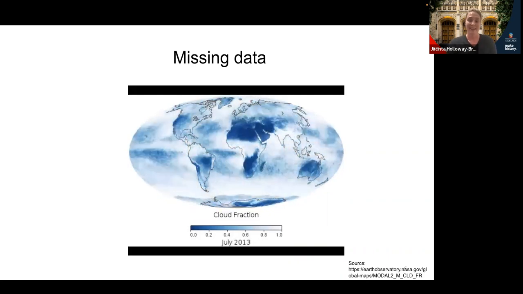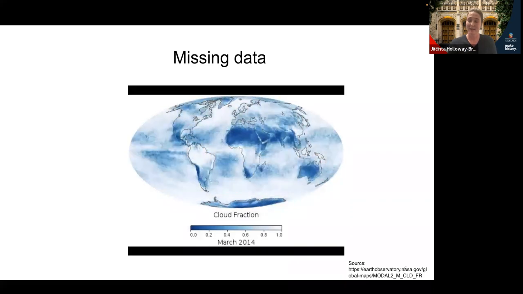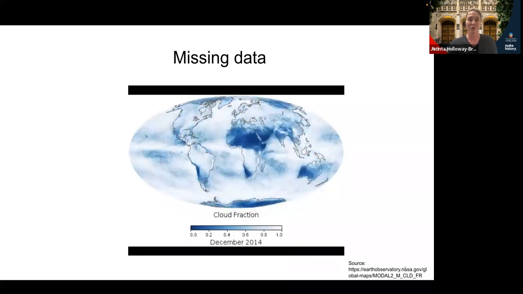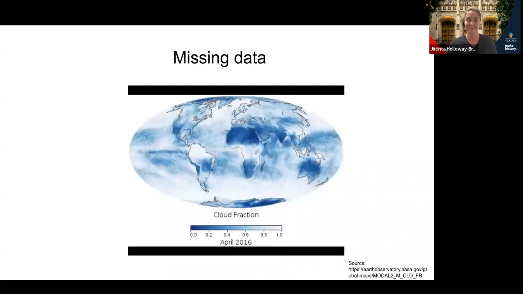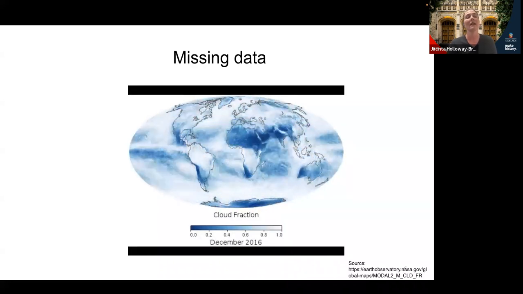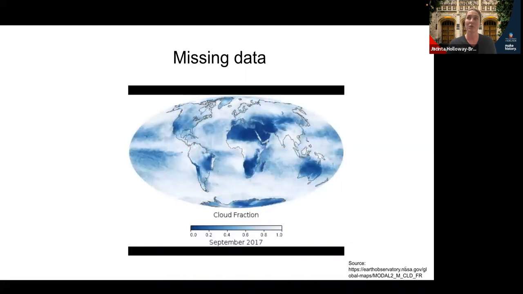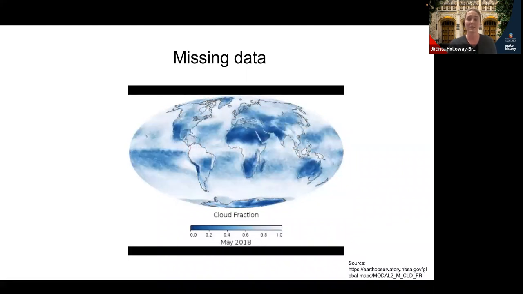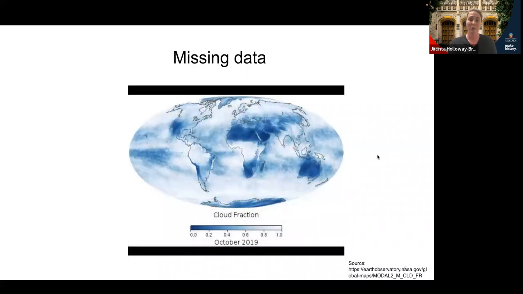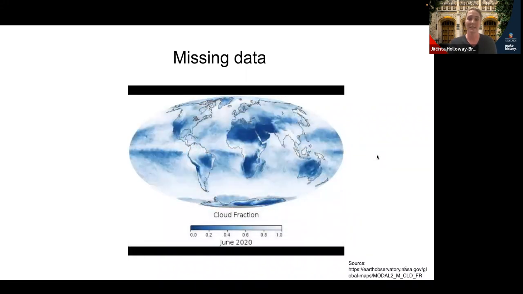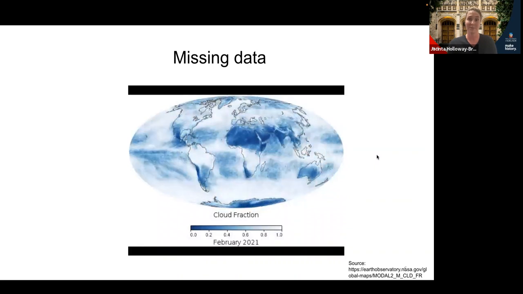And so the problem is that a study of 12 years of satellite images has shown that at any time on average, 2/3 of the world is covered by cloud. So we can't see what's happening underneath. And what that gives us is these huge black holes in the satellite images where we can't see what's going on. So it's a really promising data source, but it suffers from missing data very regularly.